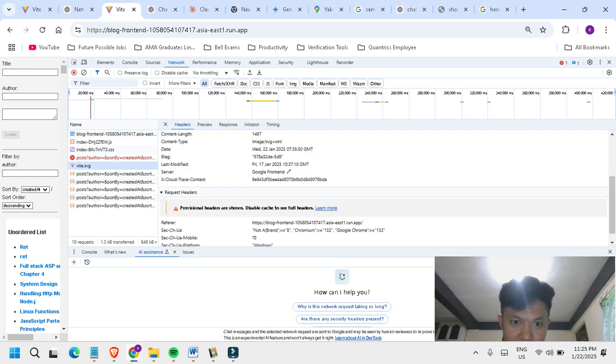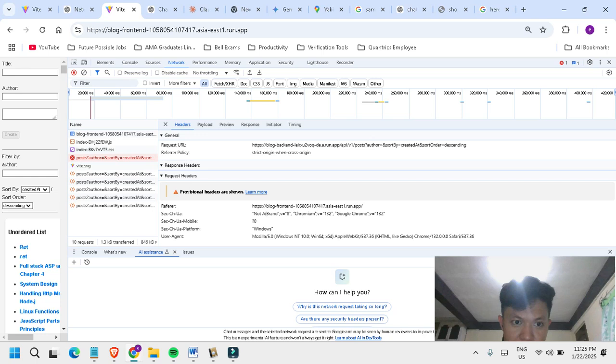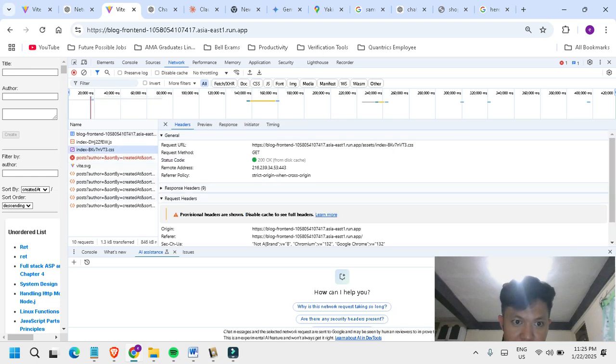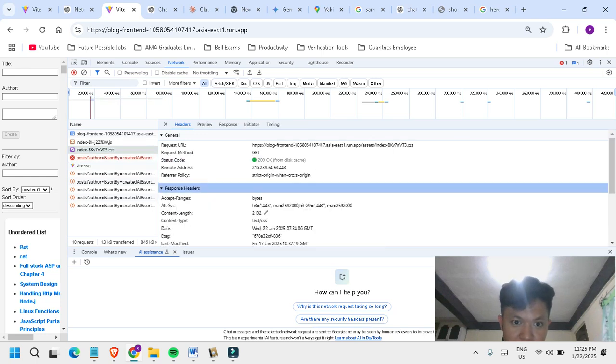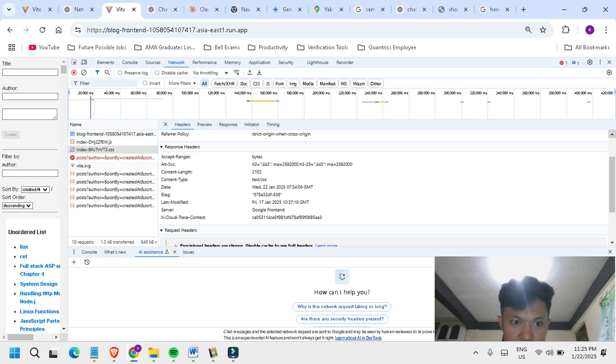How about the other resource? There's no Allow as well. In the response header, there is Content-Length, Content-Type, text/CSS, and Date.